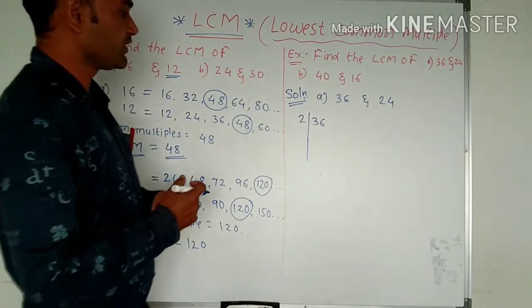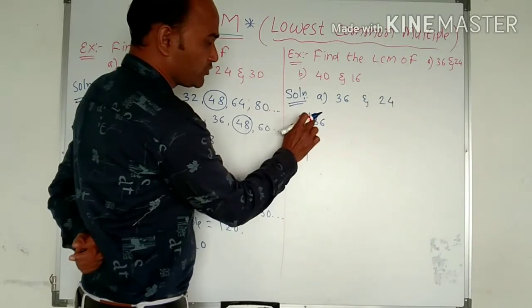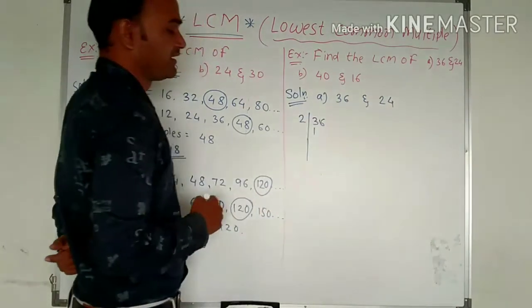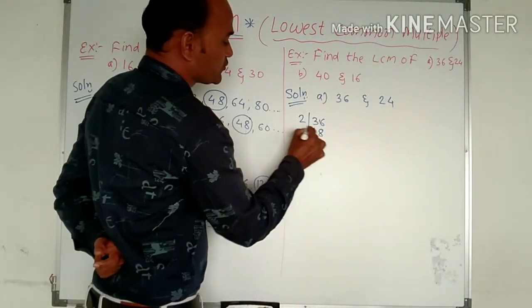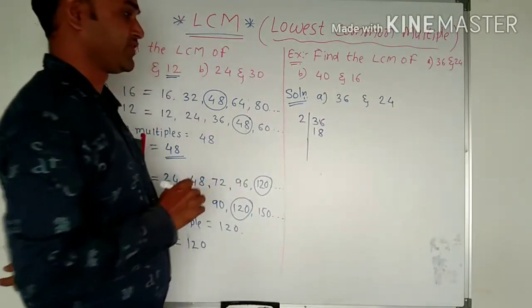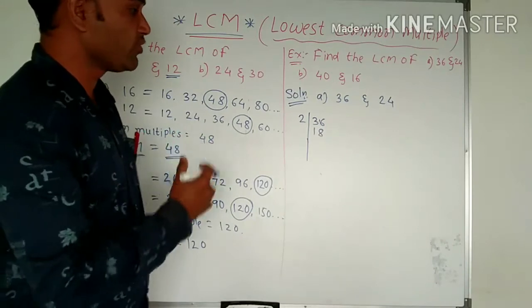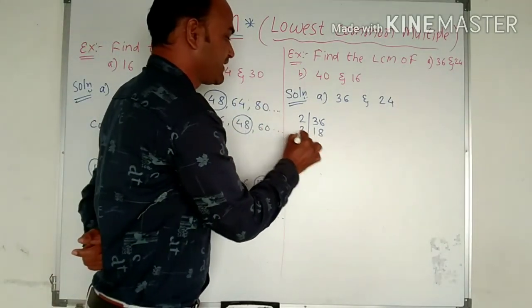So, let me see here that 2 1s are 2. Among the 3, 3 minus 2 becomes 1. We get that with 1 we have to put here, and this number becomes 16. So 2 8s are 16, means 18 2s are 36. That is what we got. Again we have to divide this 18. इन 18 को फिर से डिवाइड करना है. 18 जो है 2 के टेबल में आता है, तो हम फिर से 2 से डिवाइड करेंगे.